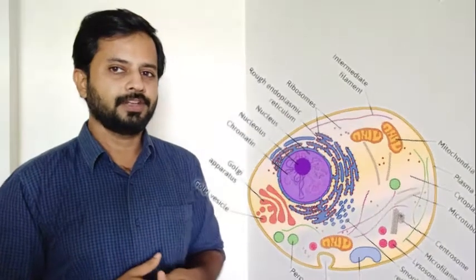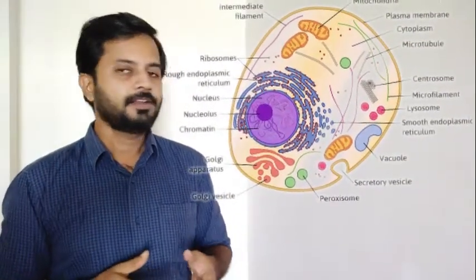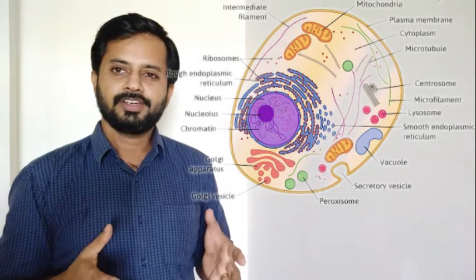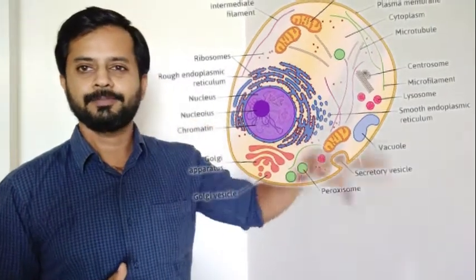Look at this picture of animal cell. Look at this diagram, labeled diagram. There are many things in it, right? When you're studying about an animal cell, it looks very complicated. We don't want this diagram. We can study a simple one. You're in class 6. It's a very easy one you can study.